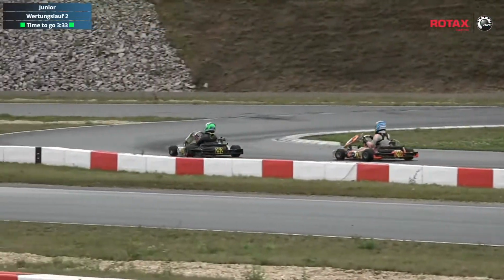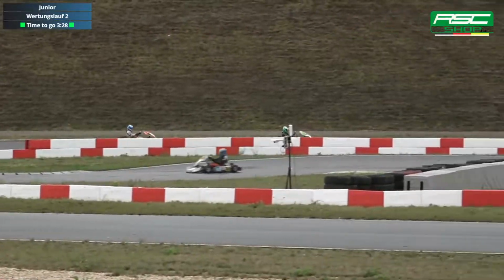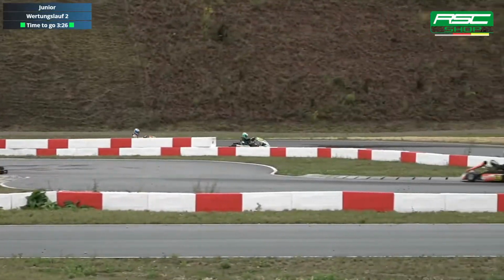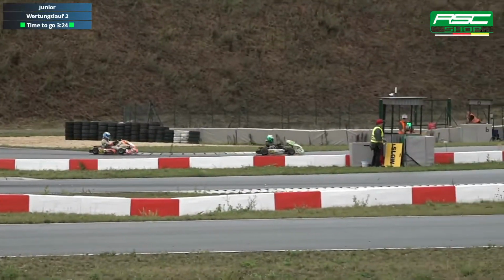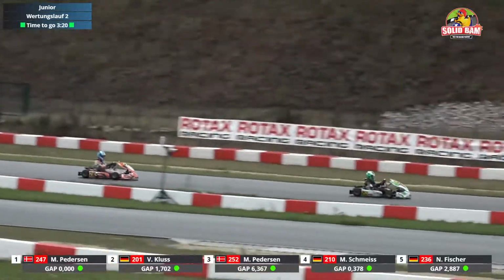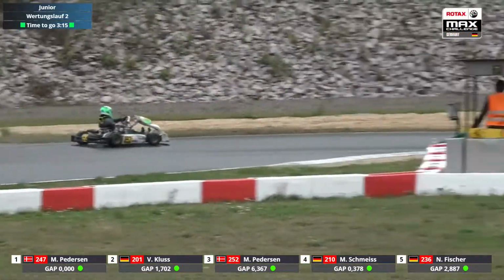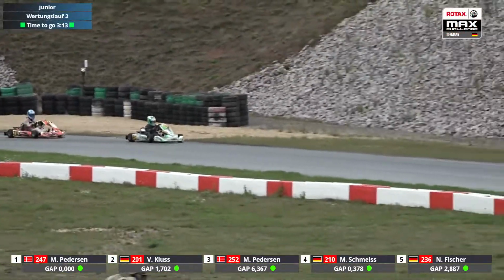As Richard Thomas has now crossed the line, we're on to lap number 7 of this Junior Rotax race, and we still have just under 3 minutes and 25 seconds on the clock remaining. This gives a bit of time and an opportunity for Morris Schmeis to see if the gap to Mikkel Pedersen in 3rd position can be closed,